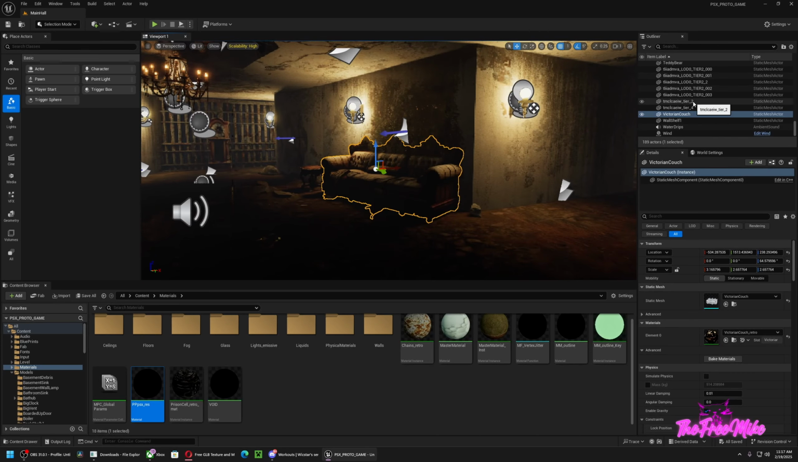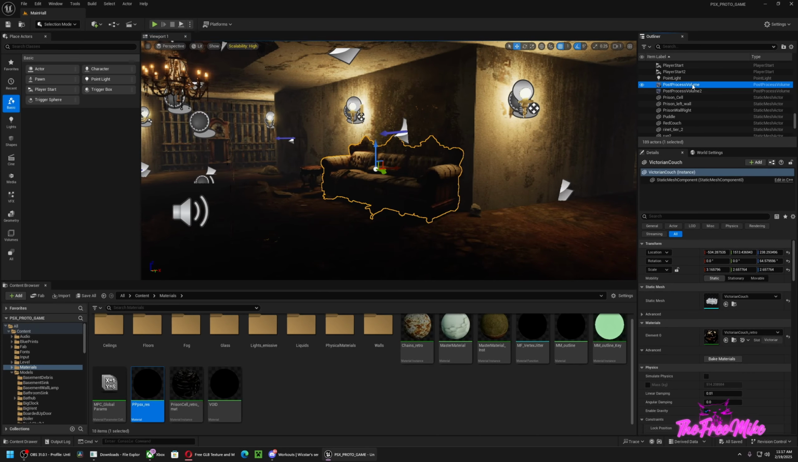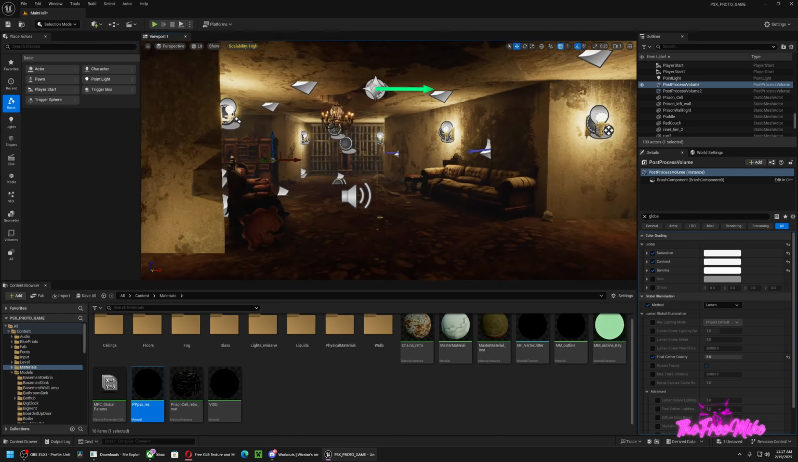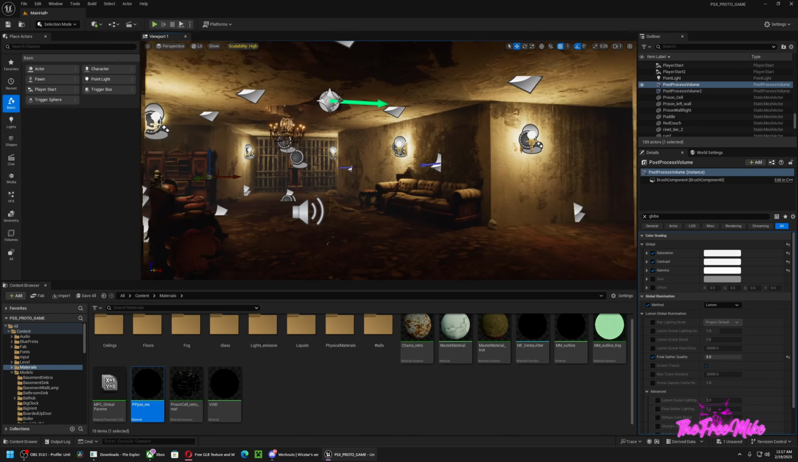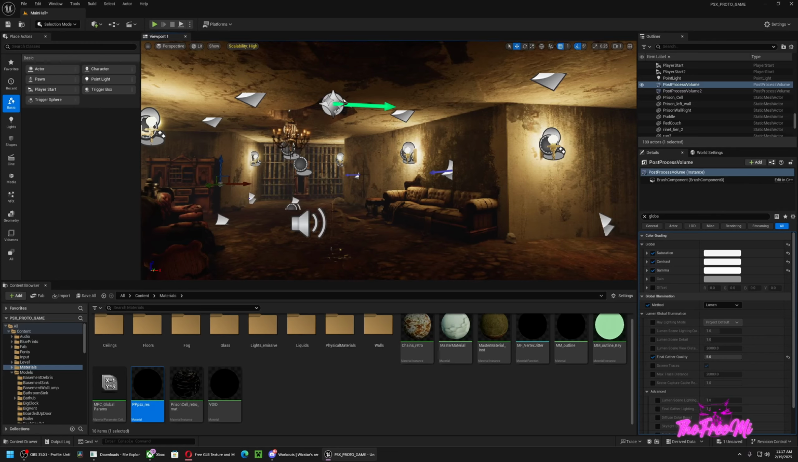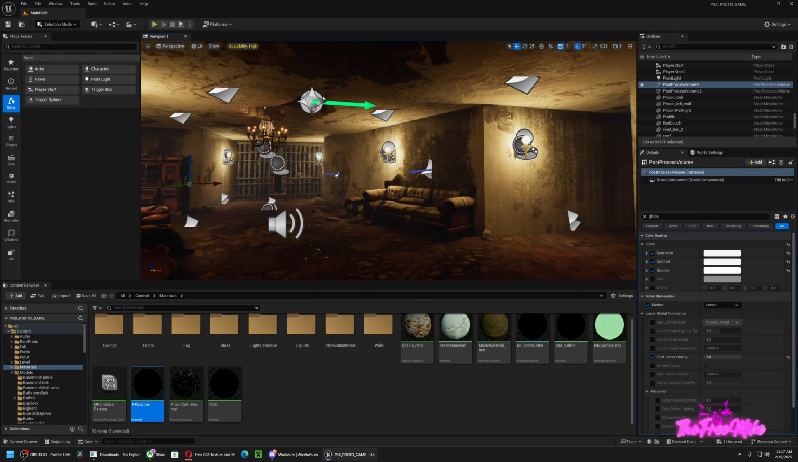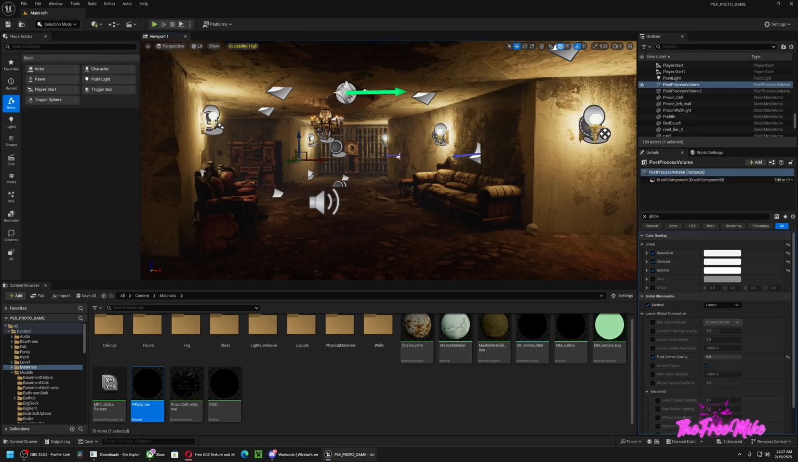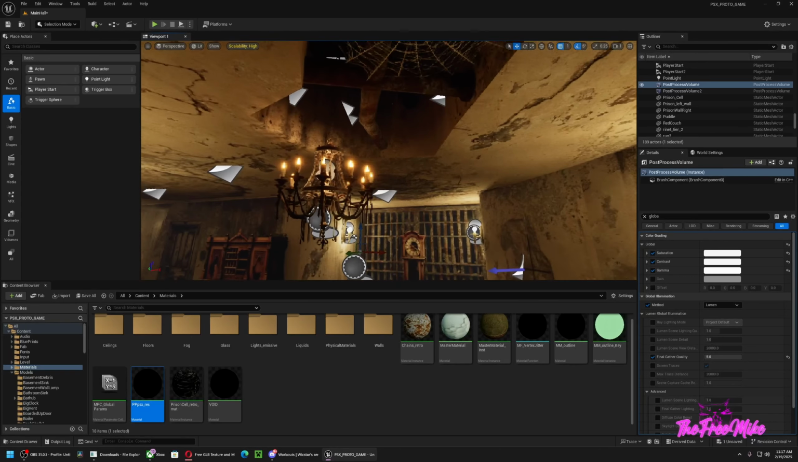If I go in my post processing and switch back to Lumen, instantly, yeah, it looks nicer. We get that kind of wall bouncing light, and the lighting is great. But